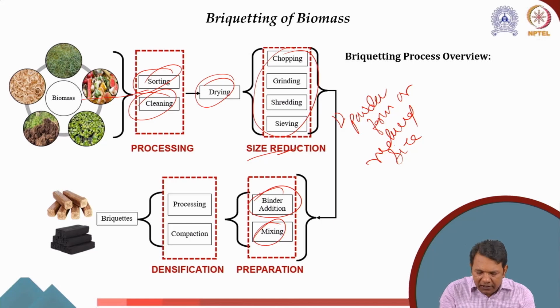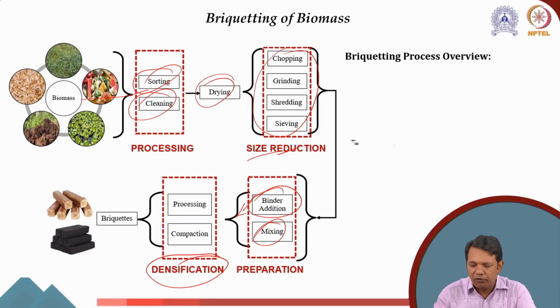So here you have only the powder form of biomass. Now here is the powder form of the binder and biomass mixture, but still it is in powder form because binder itself cannot bring something together and make them compact. What we require is to make them compact and densify it. So we have the densification process. Now in the densification process, again, there are different steps that we have to follow.